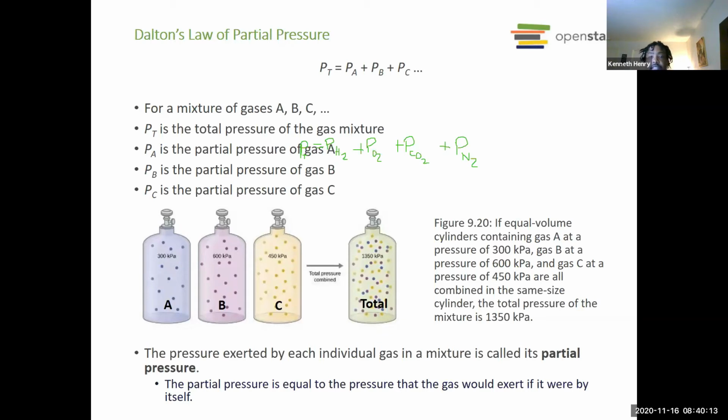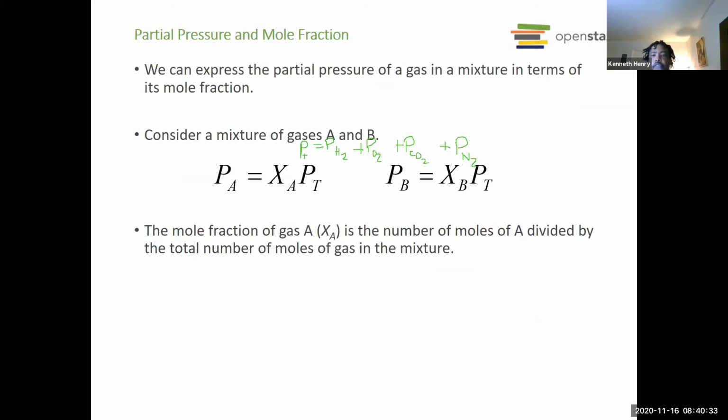Okay, so this allows us, do you guys remember when we did parts? See, part over the whole. Do you guys remember that? Yeah. When we were talking about mass. Well, we can also apply this for moles as well, or pressure, right? So mole fraction, since pressure is directly proportional to moles, our mole fraction is going to be directly proportional to the pressure fraction,